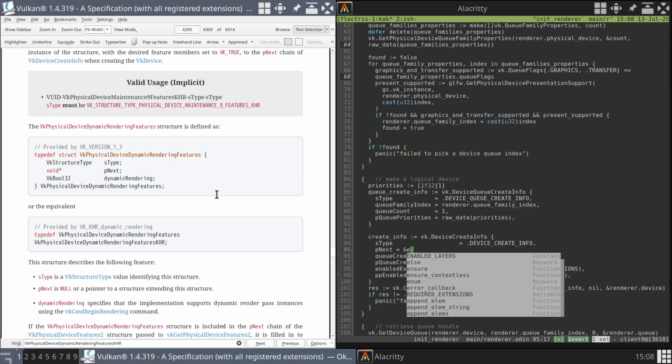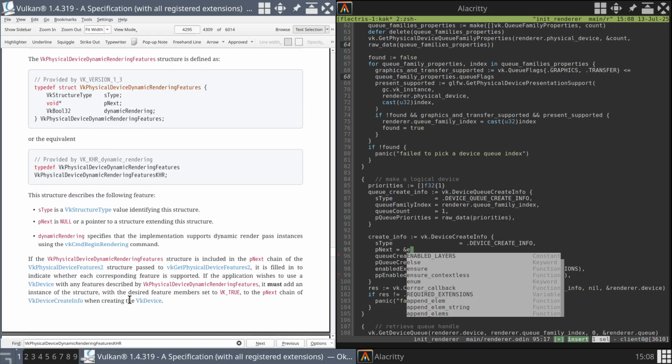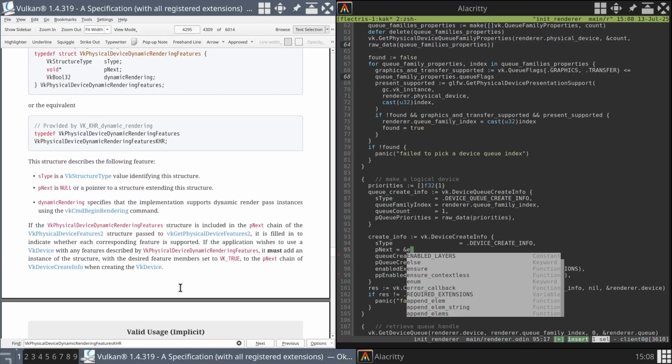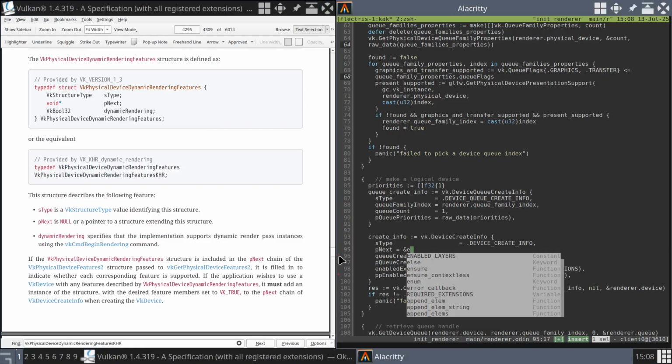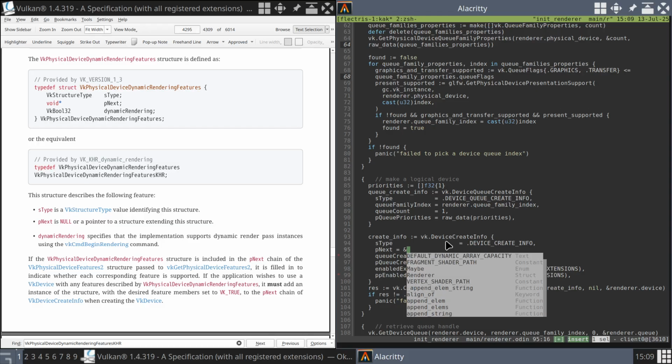Defined as this. Is included in the pnext chain of physical device features struct passed to get physical device features. It is filled in to indicate whether each feature is supported. If the application wishes to use a VK device with any features described by this, it must add an instance of the structure to its VK device create info. Yeah, okay, that's what we're doing here. So we're just going to assume it's supported because we're on Vulkan 1.3. And then this can have on it